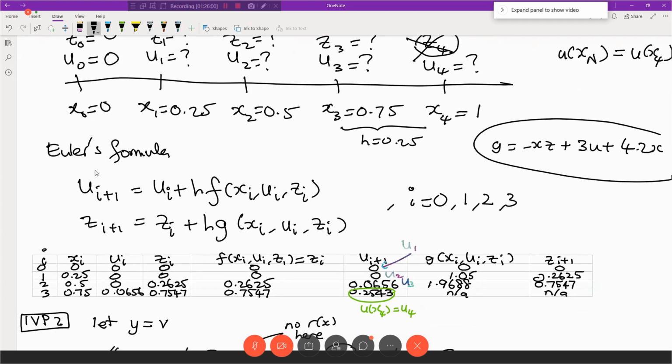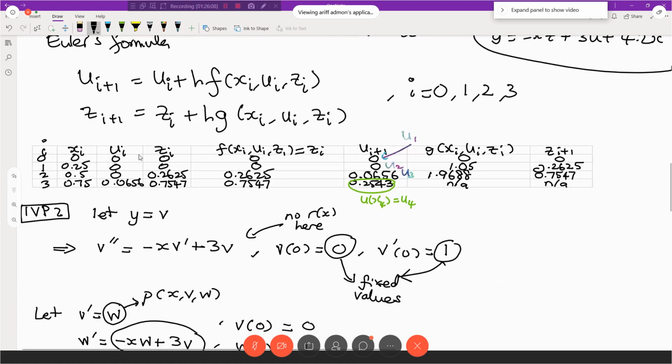the correct formula. If they ask you to use Euler, use Euler. If they ask you to use midpoint, use midpoint. And then you solve the IVP. You may just draw the table. This is optional. How your table looks like, this is just optional. But for me, I think this is the